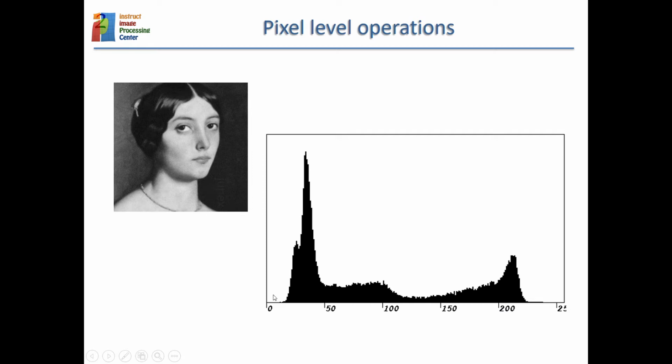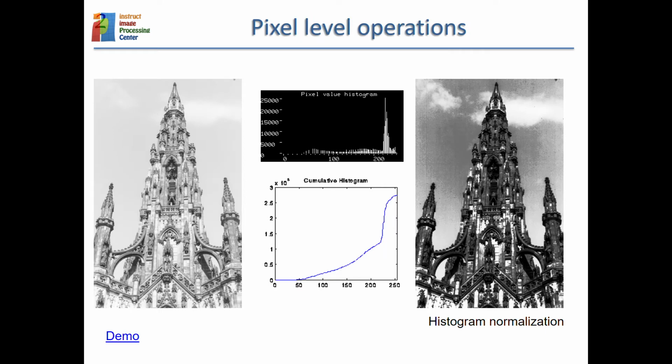So the histogram of an image is actually an approximation of the probability that if I take a pixel at random, I get a particular value. So if I take a pixel at random within this image, the probability that I observe a value of 50 is this count divided by the total number of pixels that I have seen. Okay, so the histogram is an approximation to the probability density function of the random variable that is taking a pixel at random and observing its value. And this can be very useful to perform some operations. So for instance, here we have a